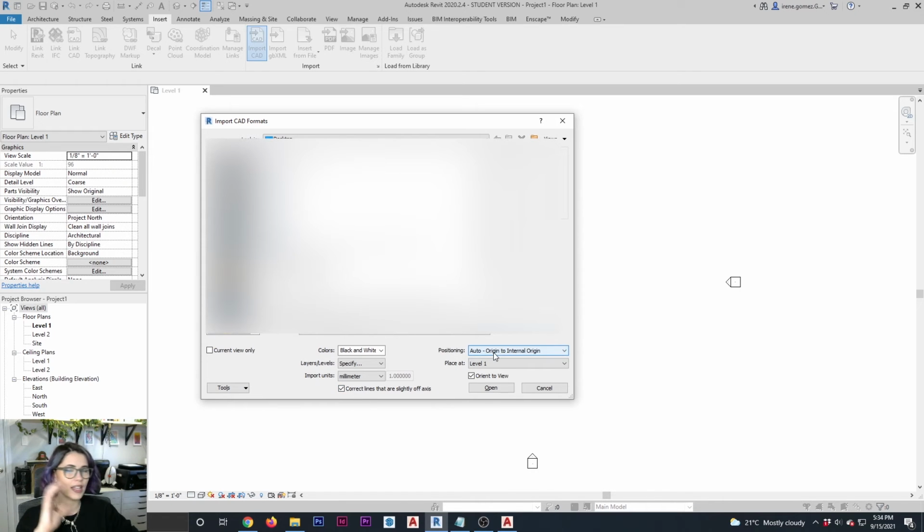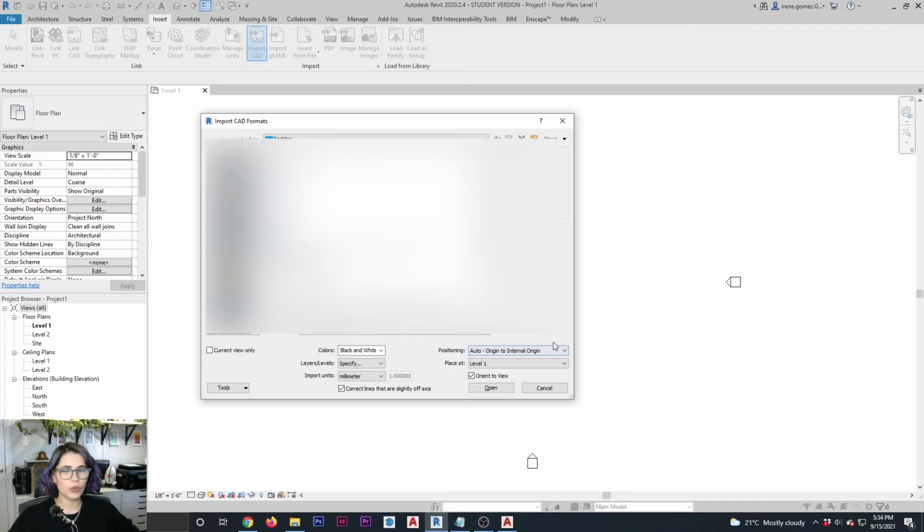The next thing is positioning. Now, this is an interesting one because this has more to do with how we think about drawing. So when you're working in AutoCAD, a lot of times where you start drawing doesn't really matter. The origin of your CAD drawing is irrelevant.